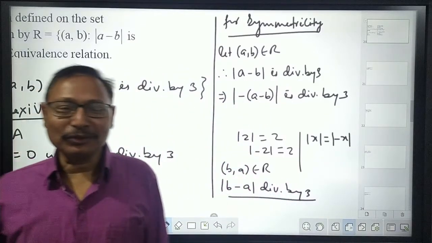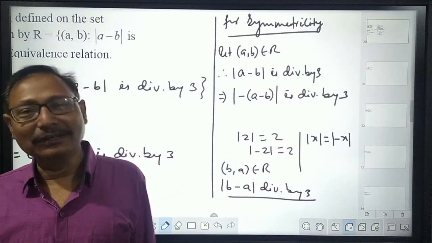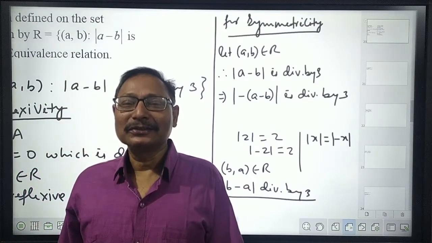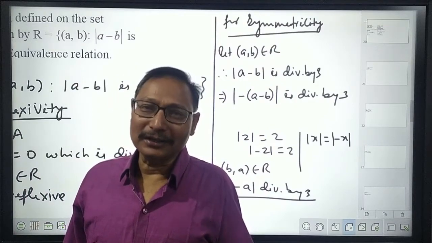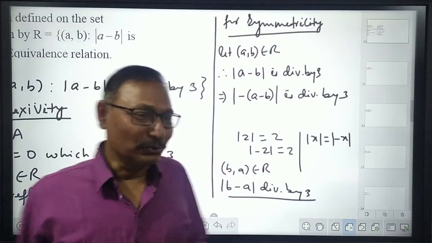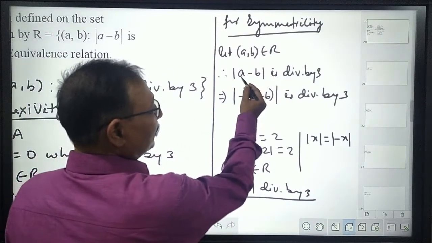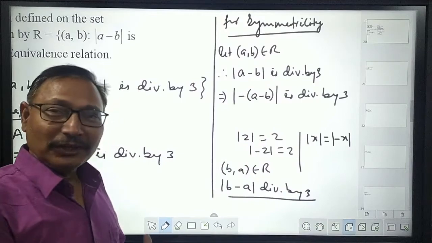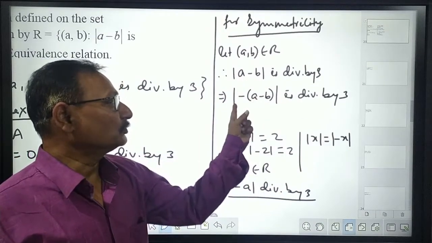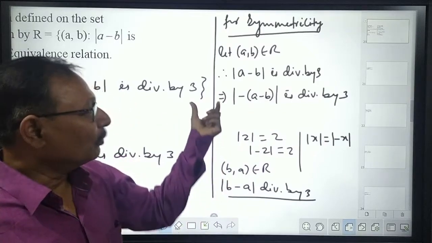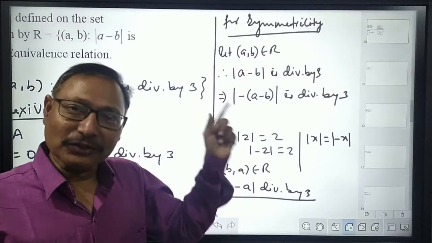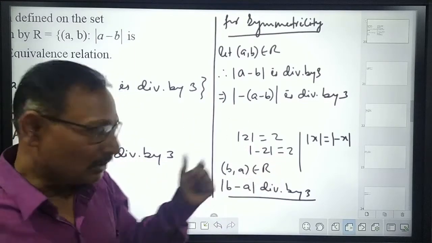So, modulus of x is equal to the modulus of its negative. So in place of modulus of x, I can write modulus of minus x. I have written here a minus b. In place of that one, you take this one as x, then minus x means minus of a minus b. So modulus of a minus b is always equal to modulus of minus of a minus b.